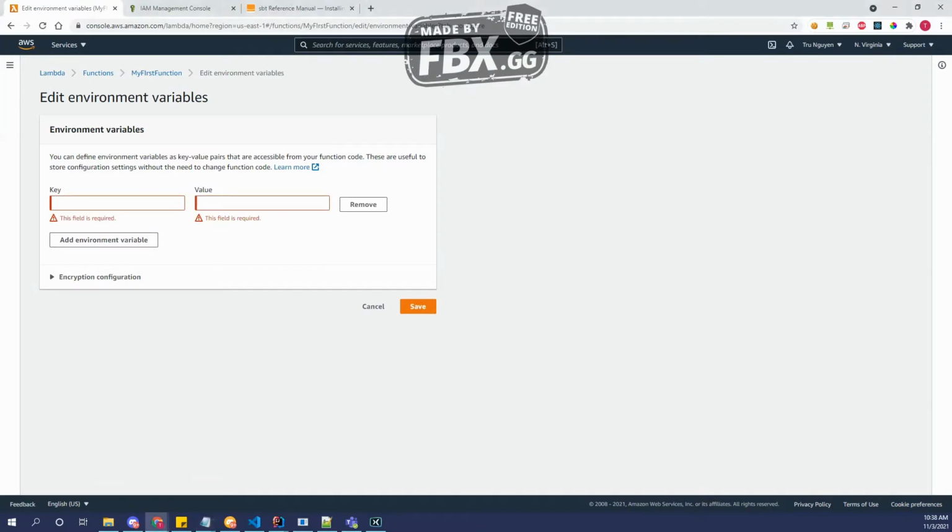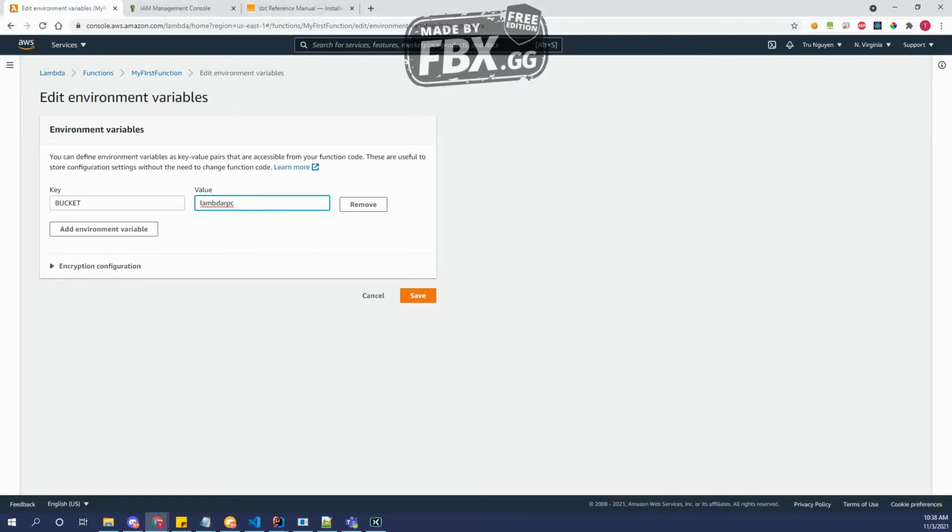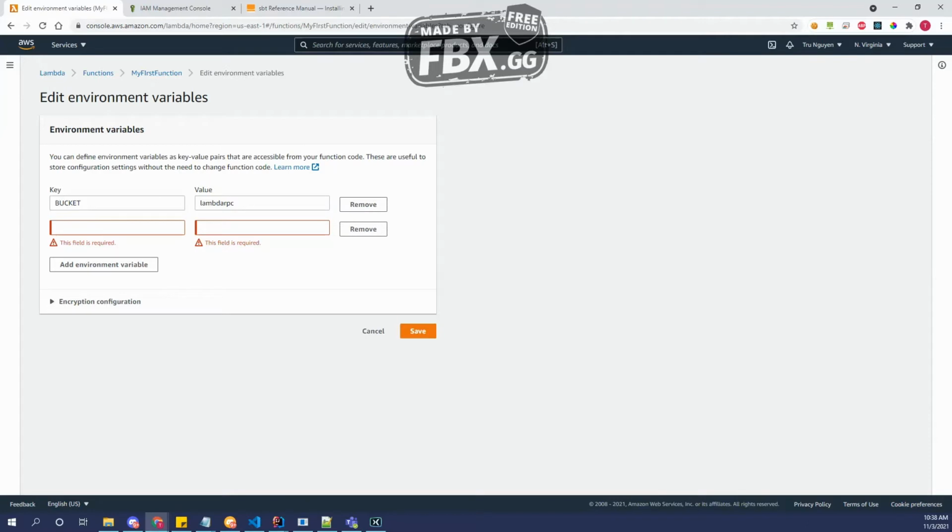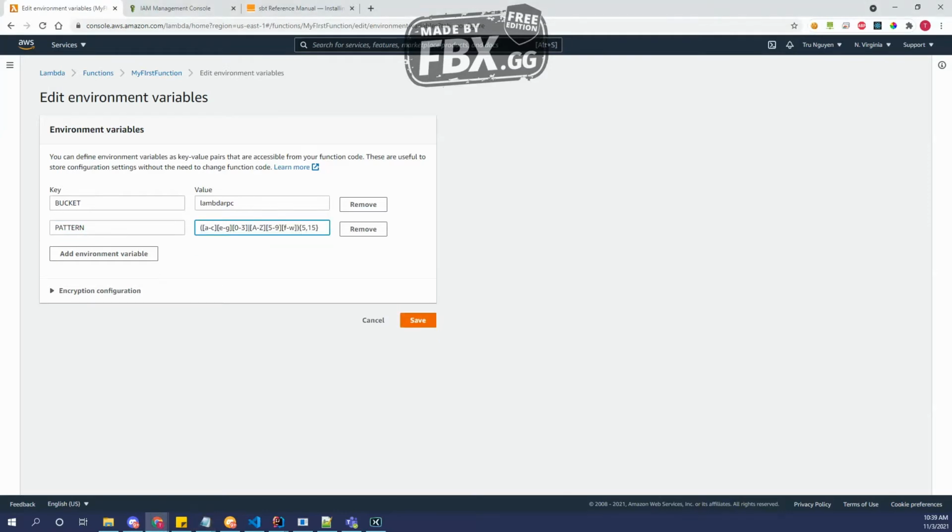add variable. So we have bucket as one of our environment variables, and then we want to also add pattern as our second environment variable. And we click save,